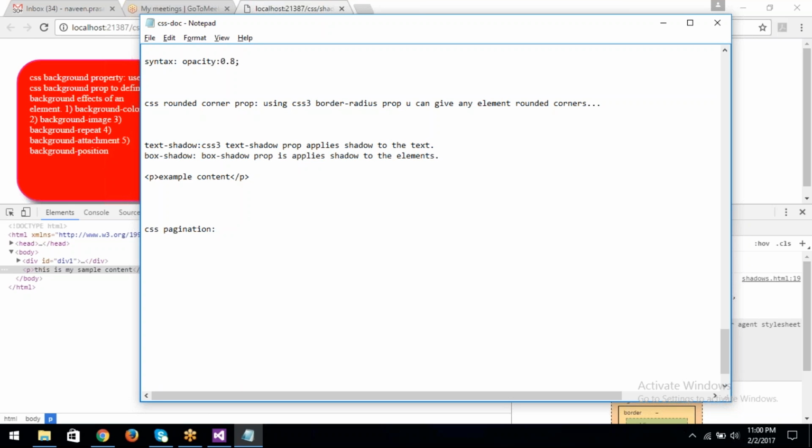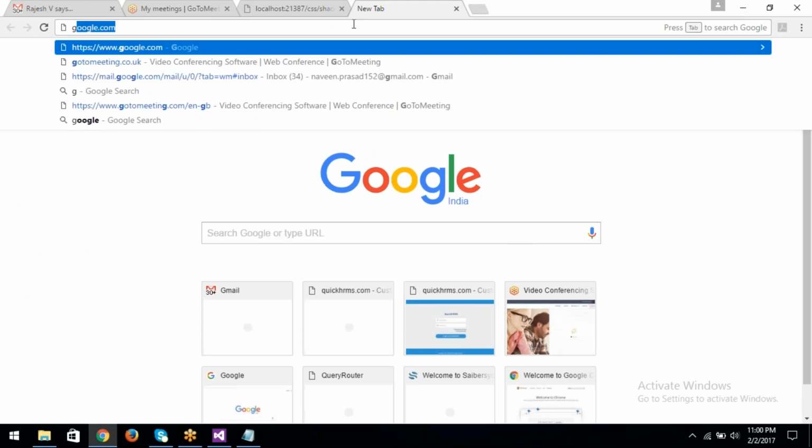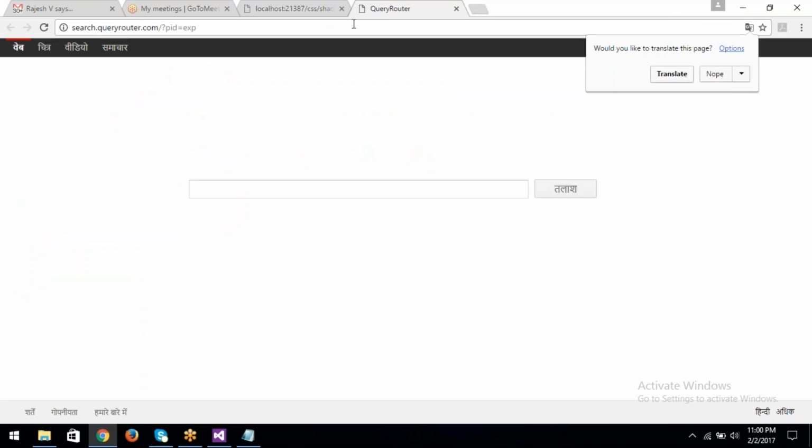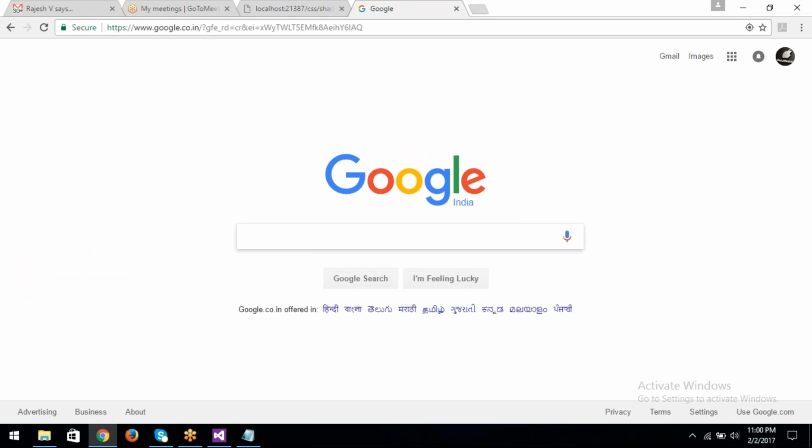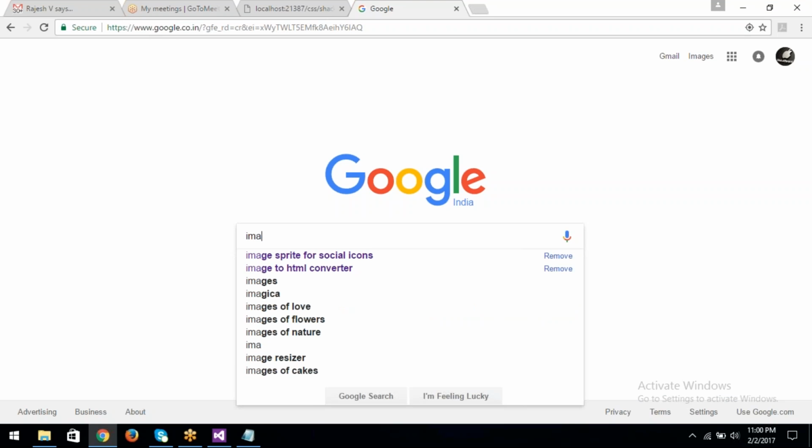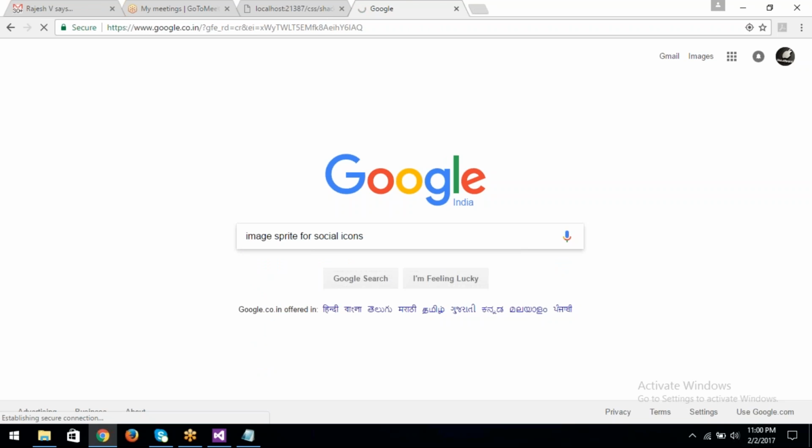Okay, so if you have a website with lots of pages, for example in Google, if you search for any question like image sprite for special icons,